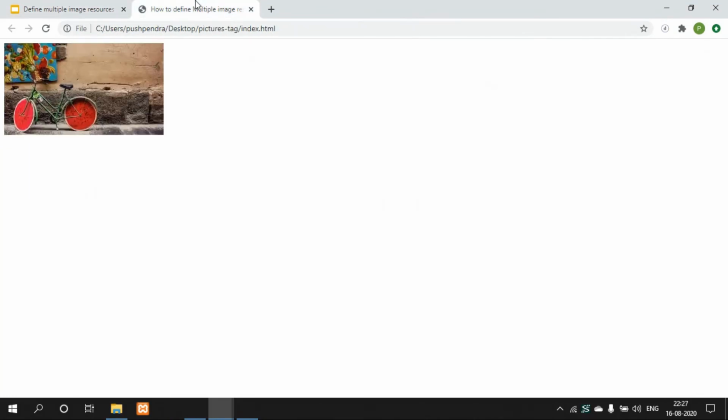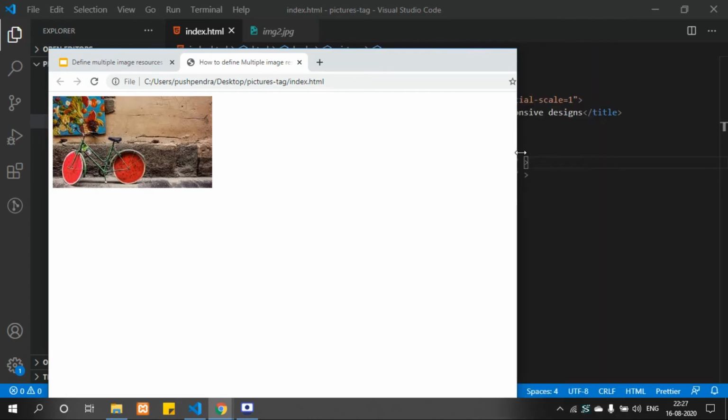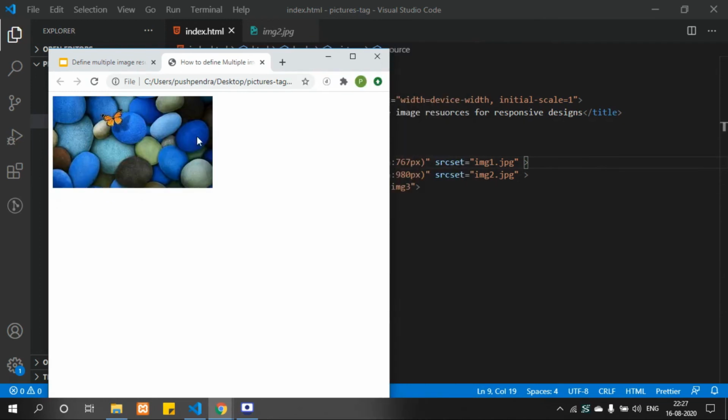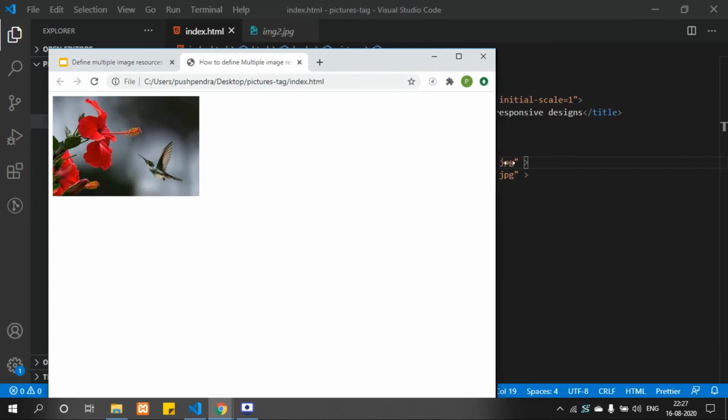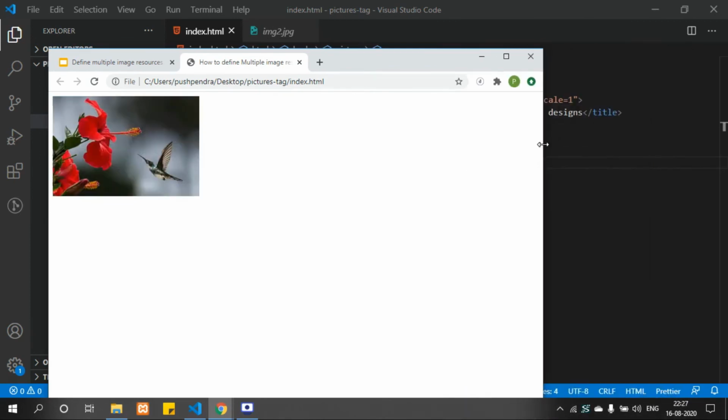Alright, so let's check. Okay, this one is coming on tab view and this one is coming for mobile view. Alright, you can see this is what we wanted to achieve.